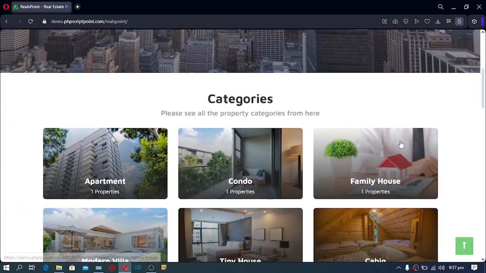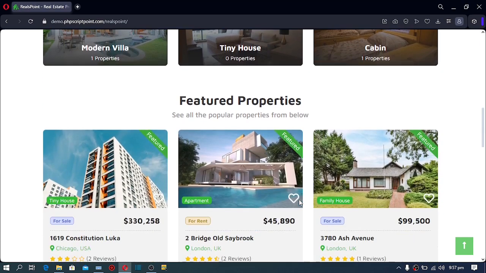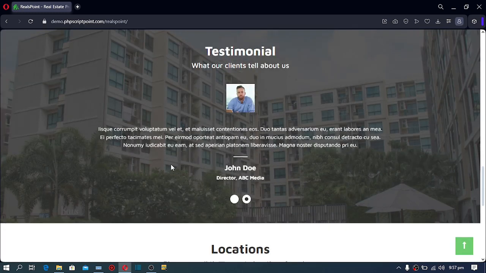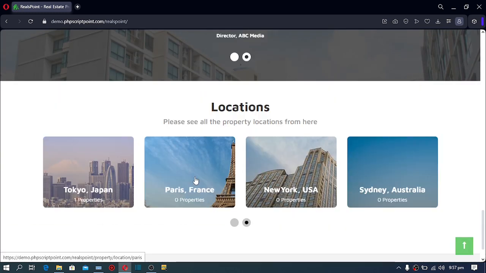Scrolling down, we have our categories area. I'll be showing you how you can create categories just like this for your real estate listing website. We have featured properties. I'll also be teaching you how you can make some of your services or properties featured just like this. Scroll down and we have testimonial area, locations,